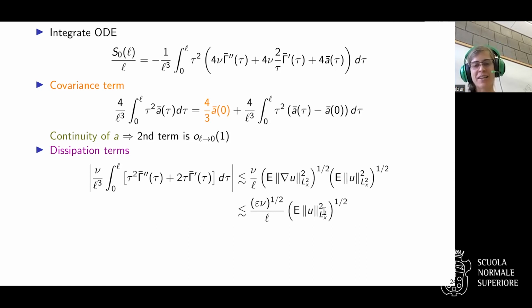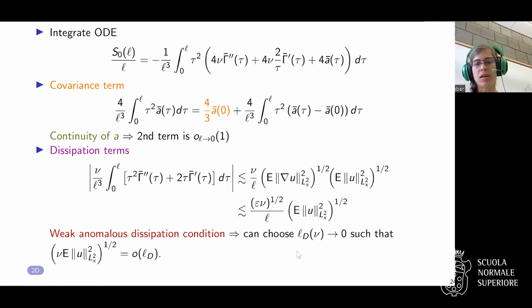So you use that, and then you'll get that this goes to 0, as long as you choose the dissipation scale in a good way. So what you have to choose it like is this form. So this term here has to be little o of the dissipation scale, and then this goes to 0. And so what you end up with is 4/3 of A bar, which is epsilon plus the error terms. And then the 4/5 law, you use that you have the 4/3 law, and then you do basically similar calculations that are just a little more messy because the tensors are a little more intricate.